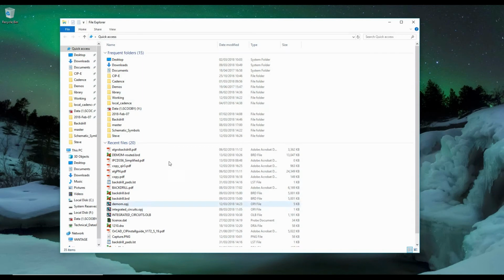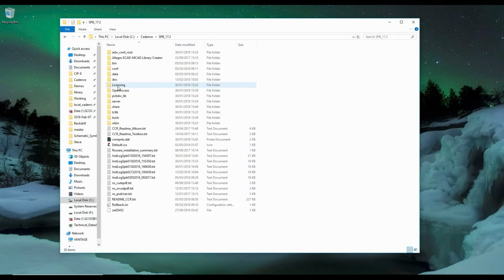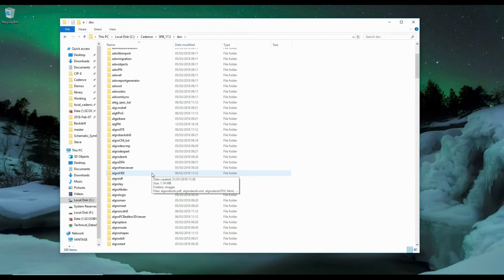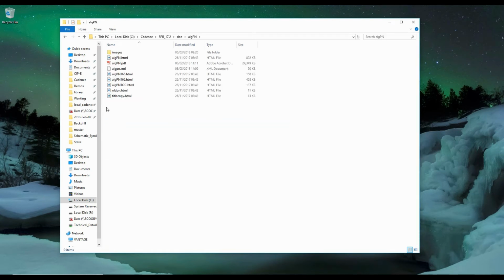Another method is the help documentation. If we go to the Cadence installation folder, so 17.2, there's a doc folder here. These are all the individual help doc locations. If I look at the product notes, for example, now there is a PDF in here because I've already